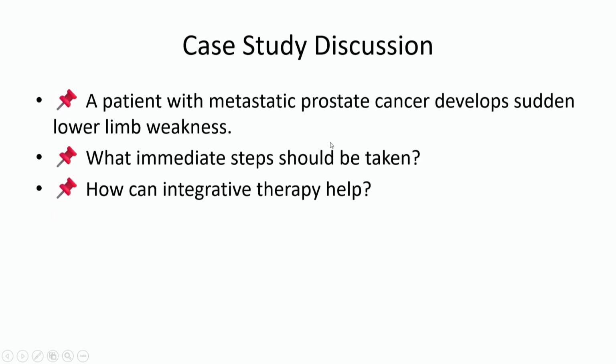So this is now the last part of the lecture. I am giving you a case. A patient with metastatic prostate cancer develops sudden lower limb weakness. He is having metastatic prostate cancer, but suddenly he develops this symptom. It means there is some compression in the spinal cord. One has to take care. What immediate steps should be taken as a caregiver? How can integrative therapy help? I think this you also have to answer on the